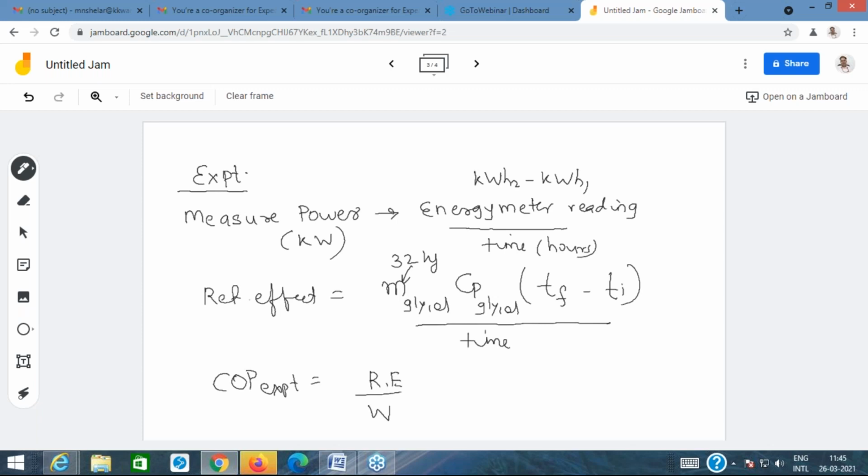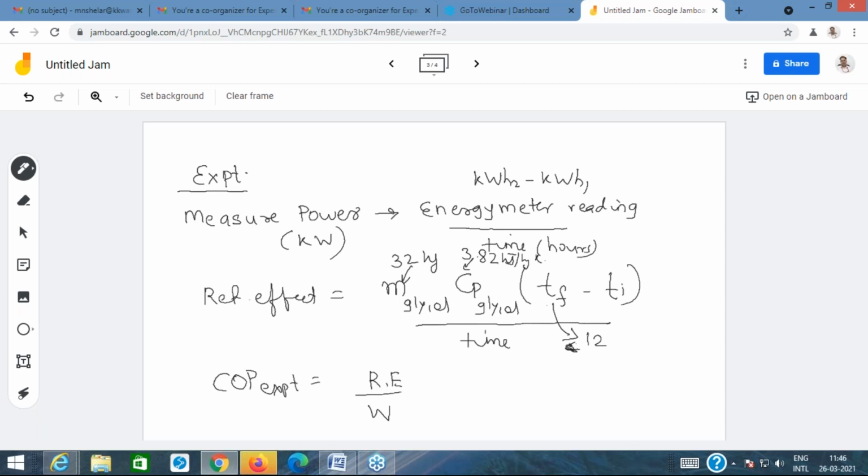That would also be known, or you can refer to the literature for that. So I will take that value as 3.82 kilojoules per kg Kelvin, and we would be using the refrigerating effect and the initial temperature. Let us say we had actually started with 4 degrees centigrade, and we had reached about -8 degrees centigrade. So the temperature drop in our case when we perform this experiment, that is from initial to final, we got as about 12 degrees centigrade.